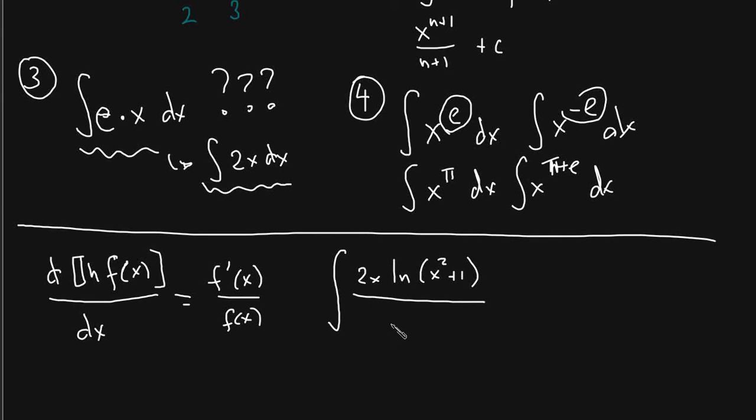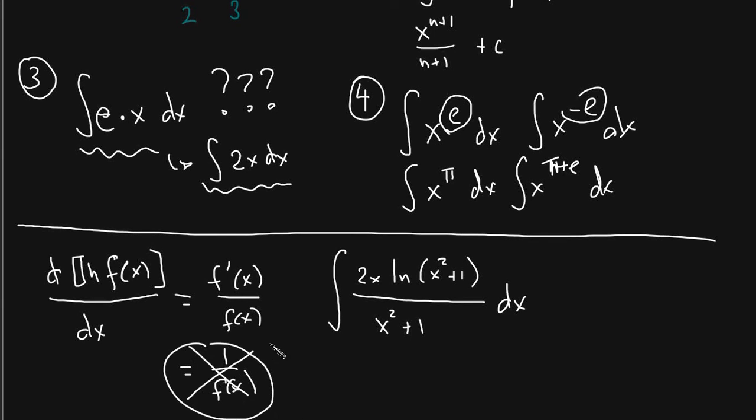The integral of 2x times ln of x squared plus 1, over x squared plus 1, looks like a completely difficult problem. This looks like a horror show, right? You have an ln, an x squared plus 1, you have an x squared plus 1 in the denominator, you have 2x, you don't know how it's going to work out, because all they know, right? Here's what they think. They think that 1 over f of x is the derivative of ln of f of x, which is incorrect. So now they see this and it doesn't make sense.